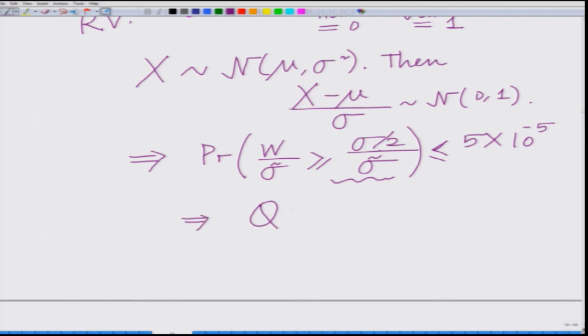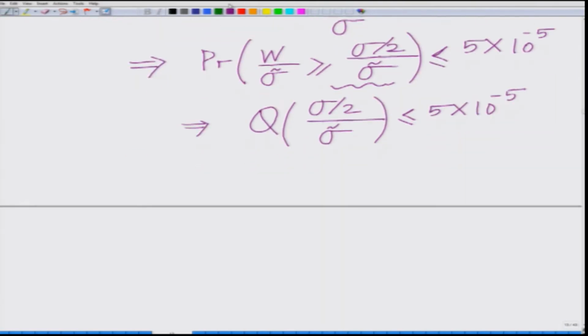So, this implies this Q of sigma by 2 divided by sigma tilde is less than or equal to 5 into 10 to the power of minus 5, where, what is the Q function? Let me define the Q function. Q of x